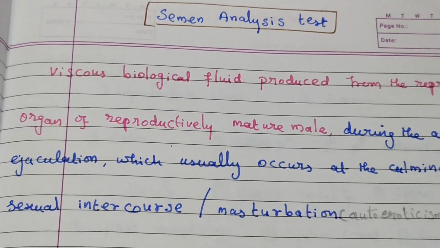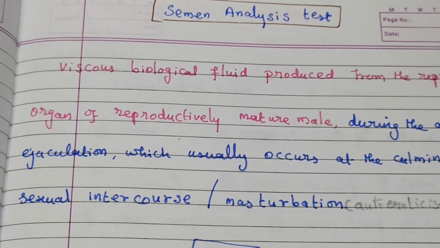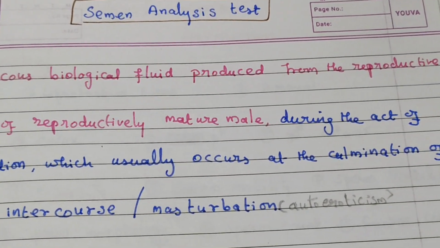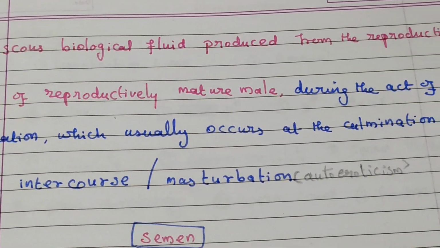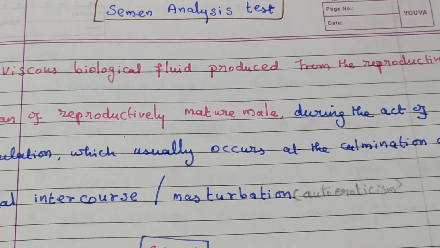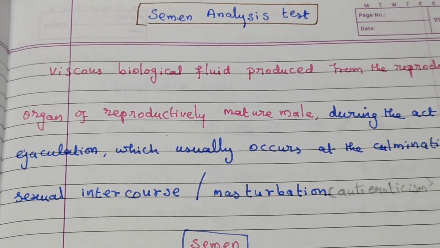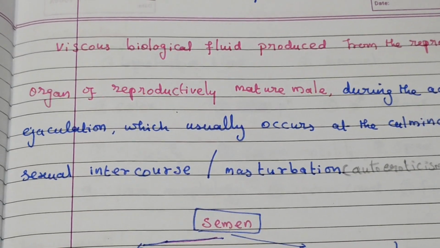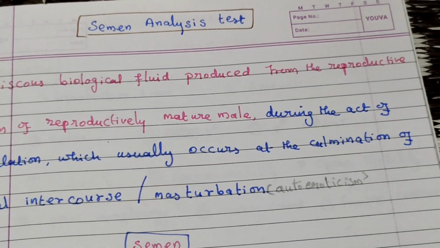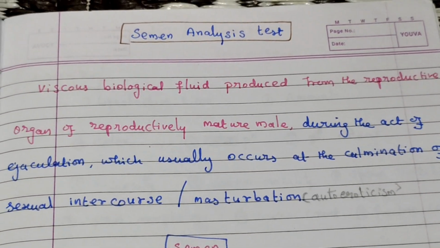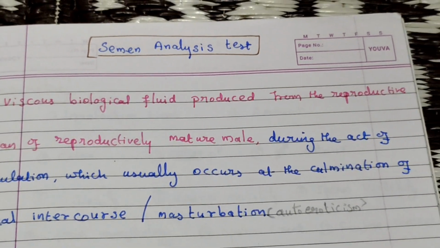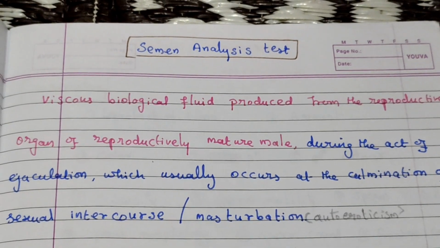Today's topic of discussion is semen analysis. Semen is defined as the viscous biological fluid produced from the reproductive organs of the reproductively mature male during the act of ejaculation, which usually occurs at the climax of sexual intercourse or masturbation. So, during sexual intercourse or masturbation,